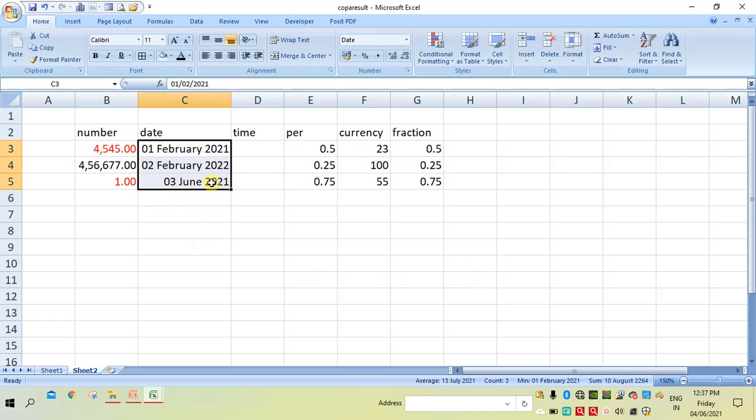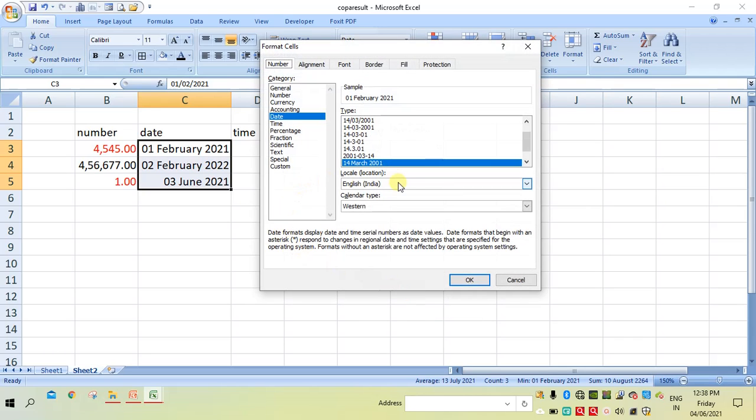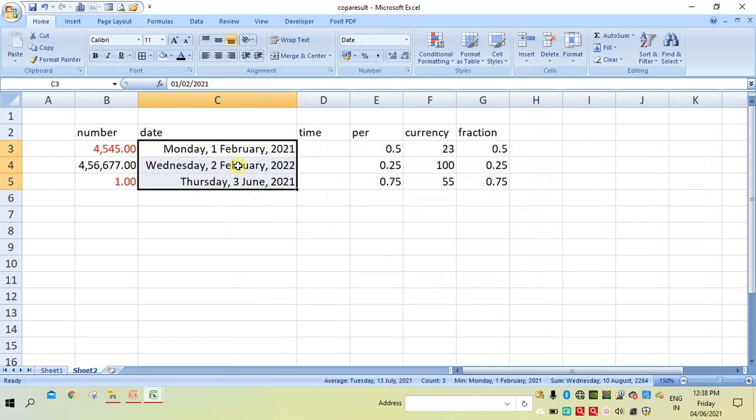See, this way we can change the date format. You can change it in another way also. You have plenty of options. You can use any one to change. For example, if you want this format, you can choose, select, and say OK. This way we can change the options.